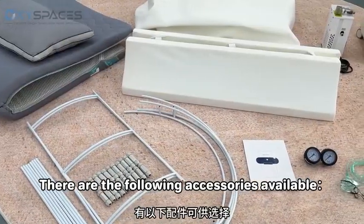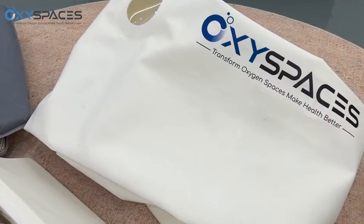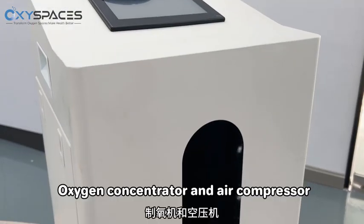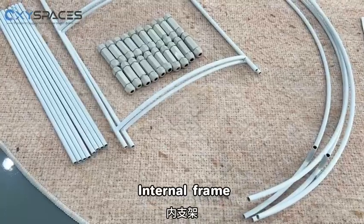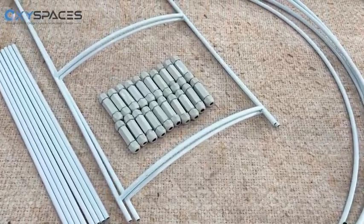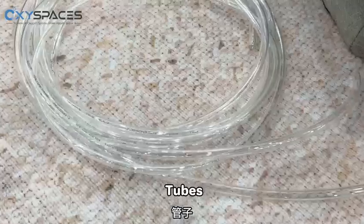There are the following accessories available: chamber, oxygen concentrator and air compressor, air cooler, internal frame, anti-roller, tubes,